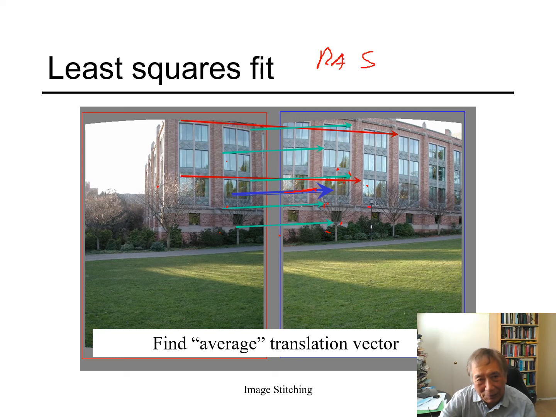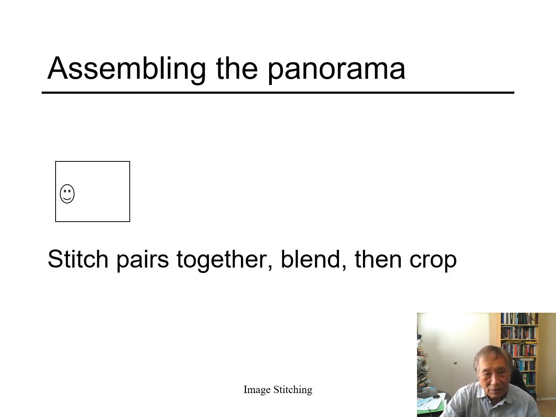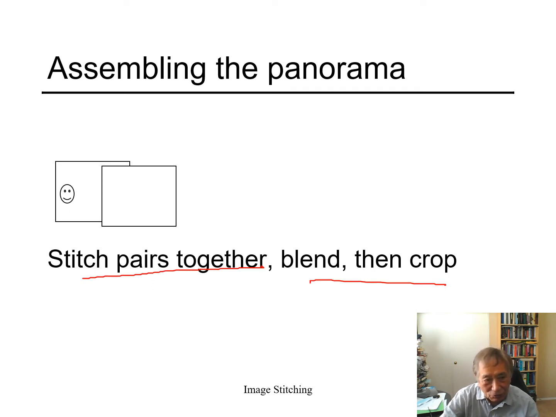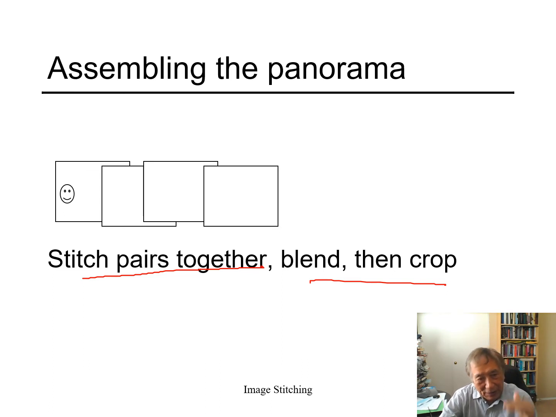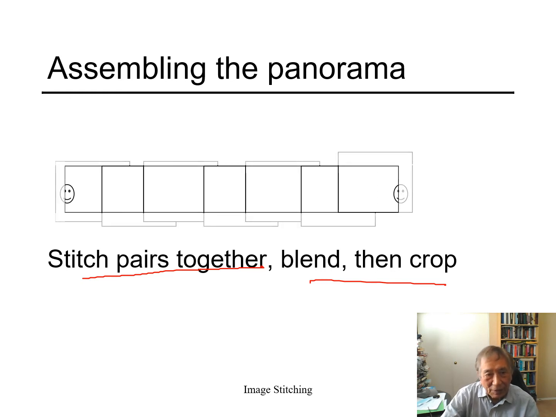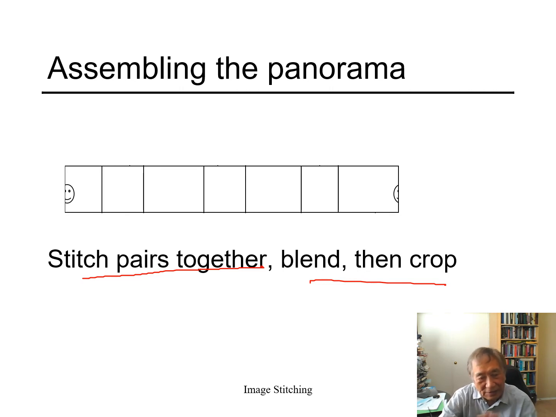Randomly you sample, and then consensus, make a decision based on that. Then assembling the panorama: stitching the pairs together, blending, then cropping it. So you match it up and down, and then as needed you have to cut it. How much the overlap and size may differ from one match to the other, but as long as there's feature detection, again, the key of the matching is feature detection,